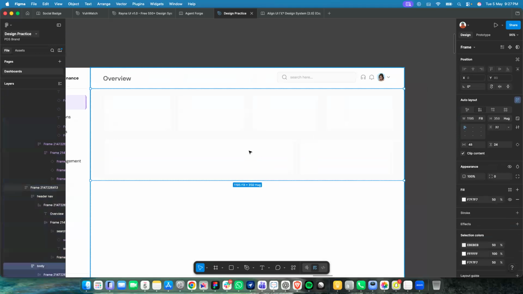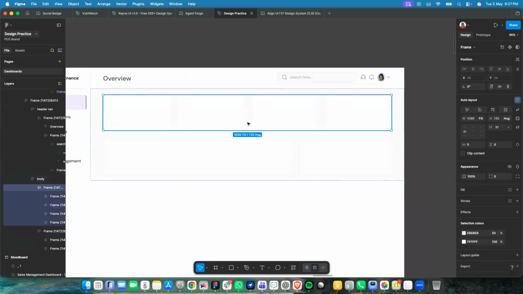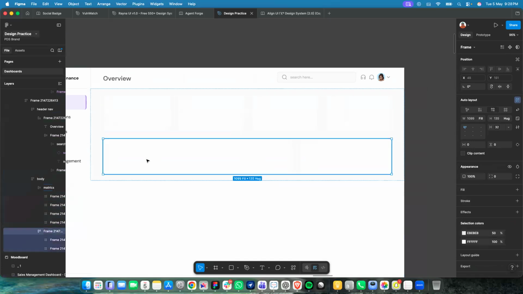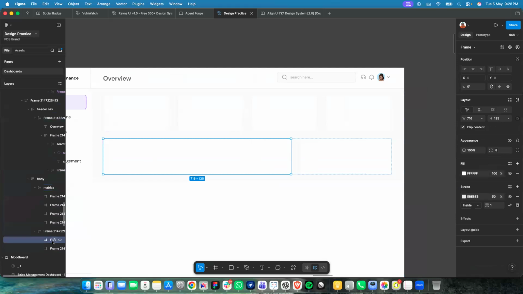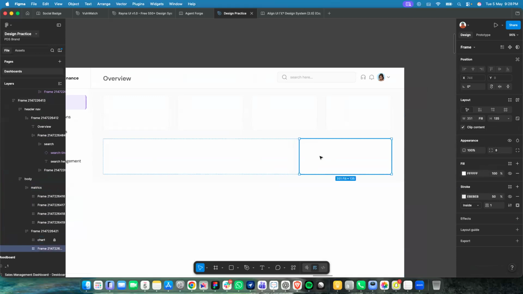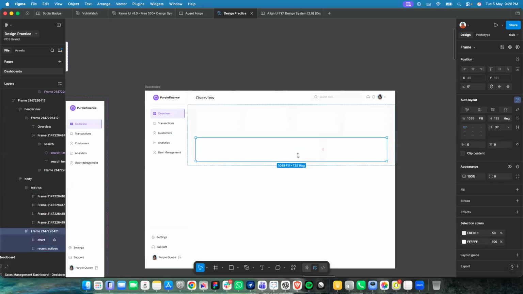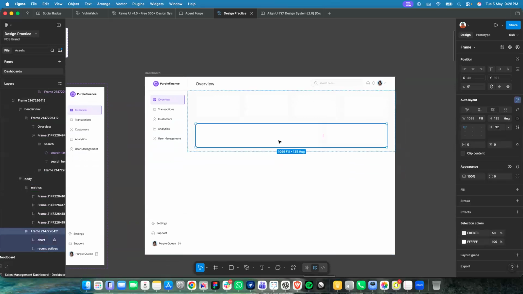Now I know this is for my metrics part, so just so I don't forget, I'm going to name this metrics. This is for my charts, so I'm naming it charts. And this is for my recent activity, to monitor who has been touching something on admin. That's what this will be for, recent activity. That way I'm able to track who is doing something on admin, right? And this will be long based on